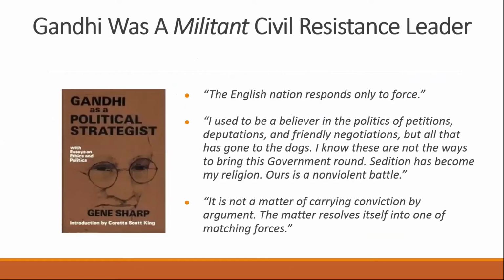Now, a lot of times people look at Gandhi as, you know, he was all about negotiations, and he certainly found a place for them, but he was a militant civil resistance leader. And so I've taken 3 quotes from Gandhi that were quoted in this book, Gandhi as a Political Strategist, by Gene Sharp, who is one of the foremost and early thinkers of nonviolent resistance, or civil resistance, as a real technique of conflict and struggle that can supplement